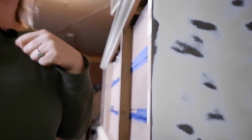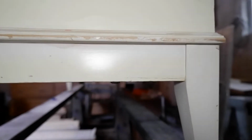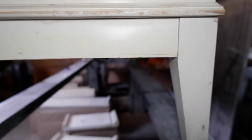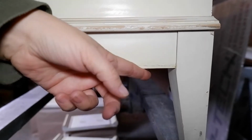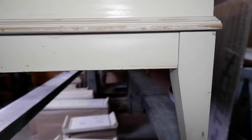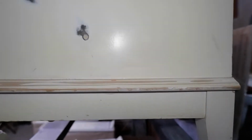The trim piece right here was coming off, so I just put some wood glue and some clamps and a couple of pin nails in it. And also there was just a little bit of damage here where it looked like the leg had sort of broken off a little bit, but it's still strong and sturdy. But we just put some glue and a couple more pin nails in there, and that should fix that little